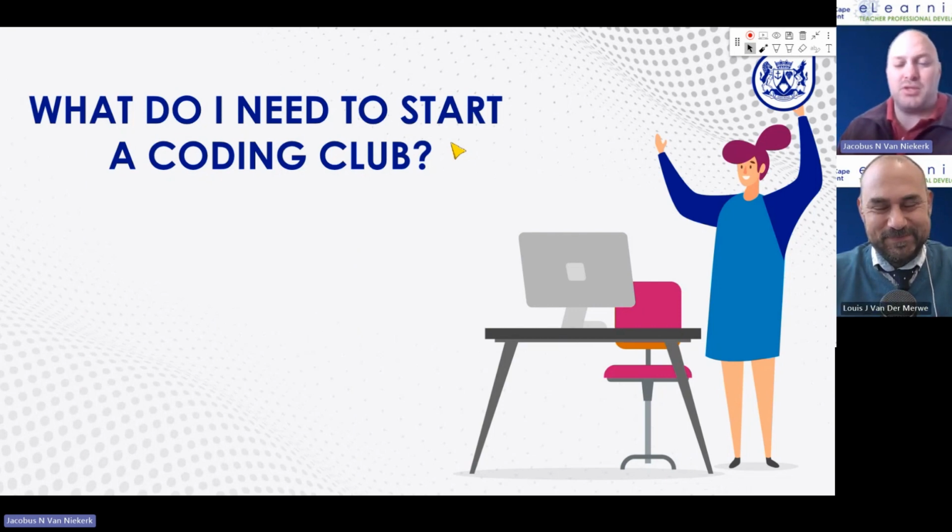This is what we need if we want to do a coding club, because all these things are super expensive. The reality is, in my mind, no. I think there are only really two critical things that you need. There are other things that help, of course. You would be able to build out your infrastructure if you had the finances.